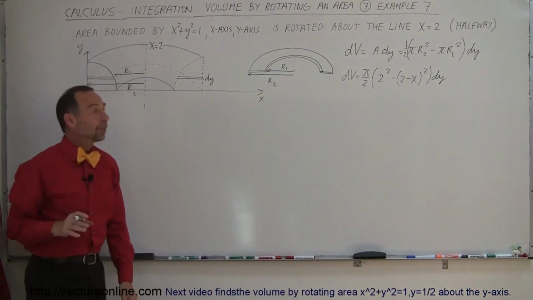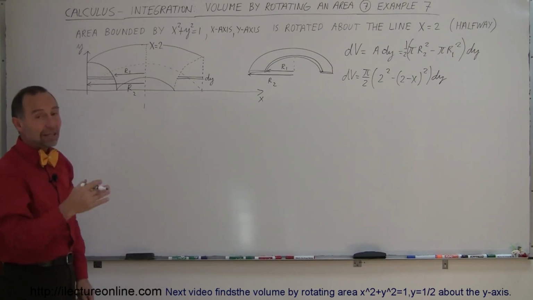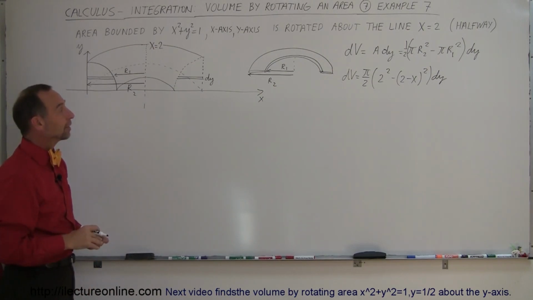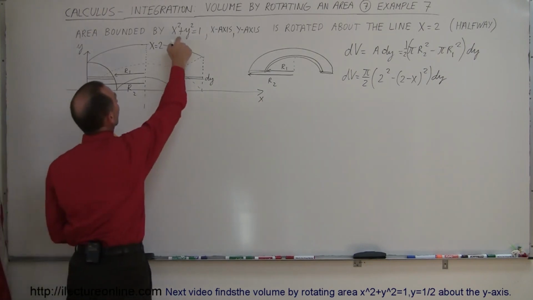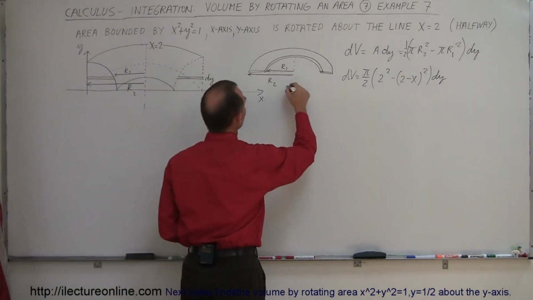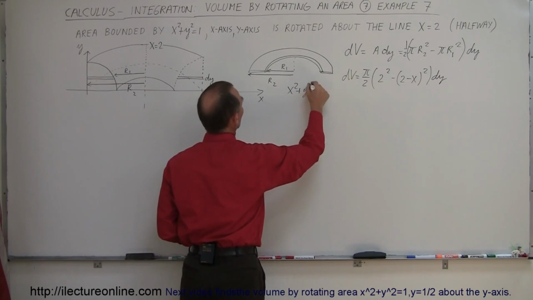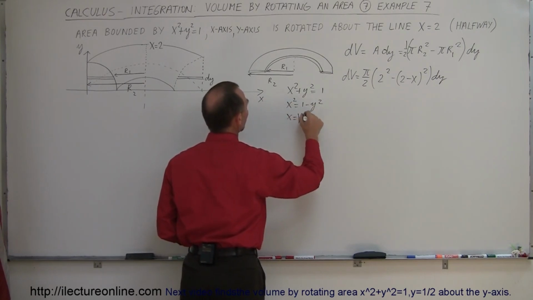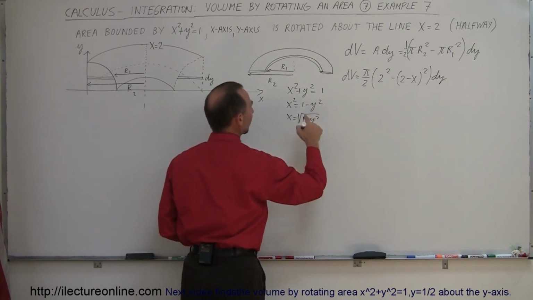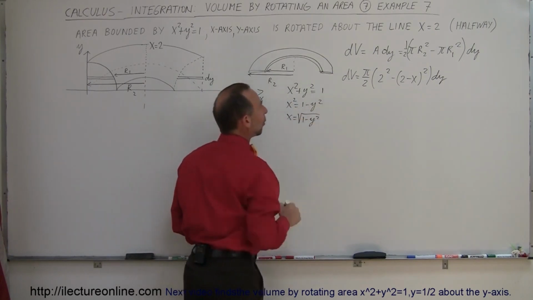All right, we're almost there, because now we have an x and a dy. We of course want the same variable there, so instead of x we want to write something in terms of y. So we go back to this equation right here. We can say that x squared plus y squared equals 1, so therefore x squared equals 1 minus y squared, or x equals the square root of 1 minus y squared. So instead of writing x, we can write the square root of 1 minus